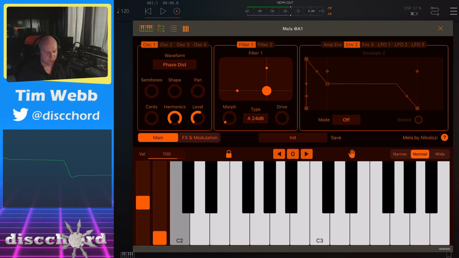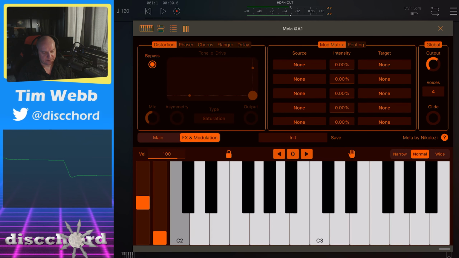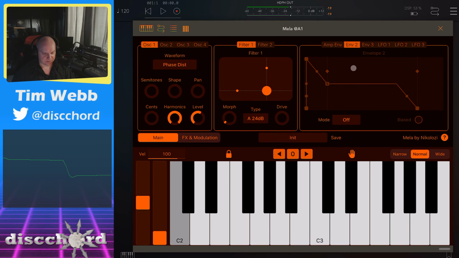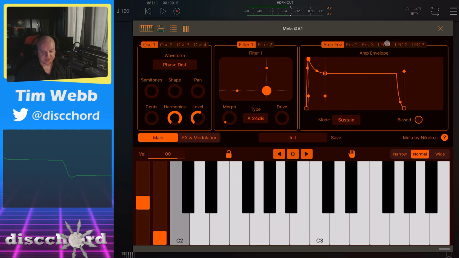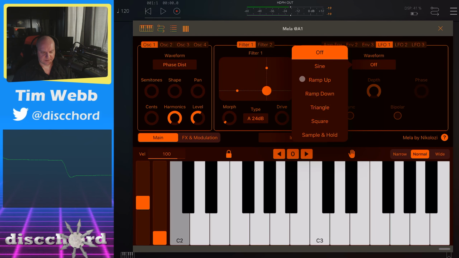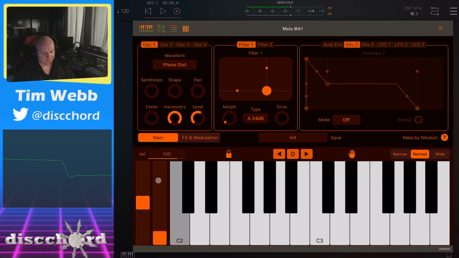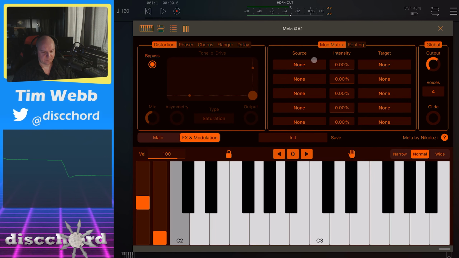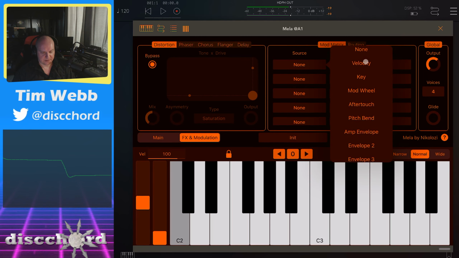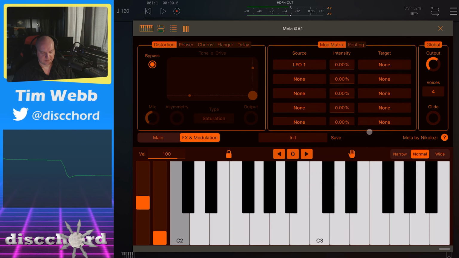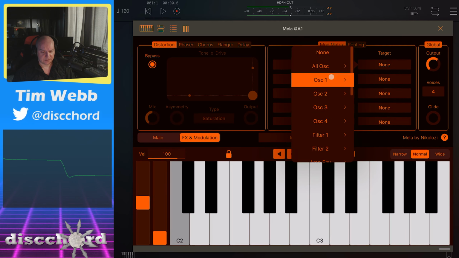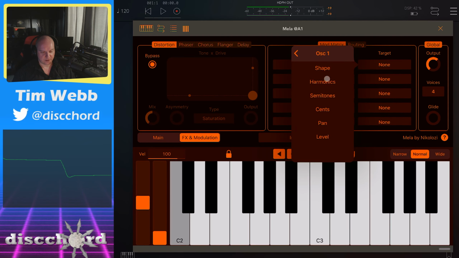And now I'm going to modulate the shape and the harmonics. So we've got just a whole lot of... I should be using the mouse so you see what I'm doing here. We've got 2 different envelopes just for modulations, as well as the amp envelope. And then we've also got some LFOs. So let me turn on one of these LFOs and set the rate way down. And if I go in now to the effects and modulation here, if I pick the source to be LFO 1 and the target to be oscillator 1, I can pick the shape or the harmonics, and I'm going